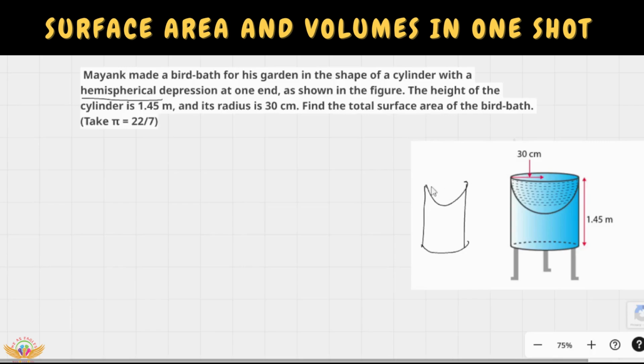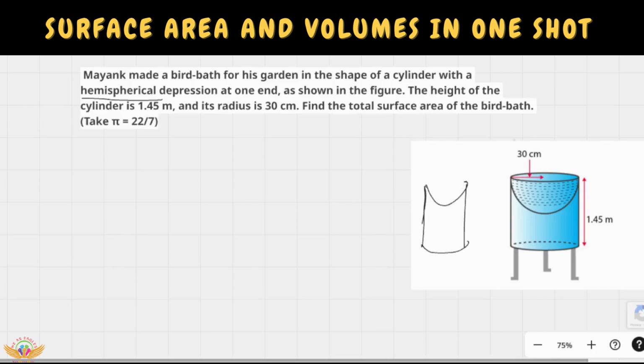Okay, it will be like this. Okay, this is the way. So we have to find out the total surface area of this shape. You have to imagine and visualize it. It was depressed now. The water is only here. It was completely depressed, and the shape is like this. So we have to find.